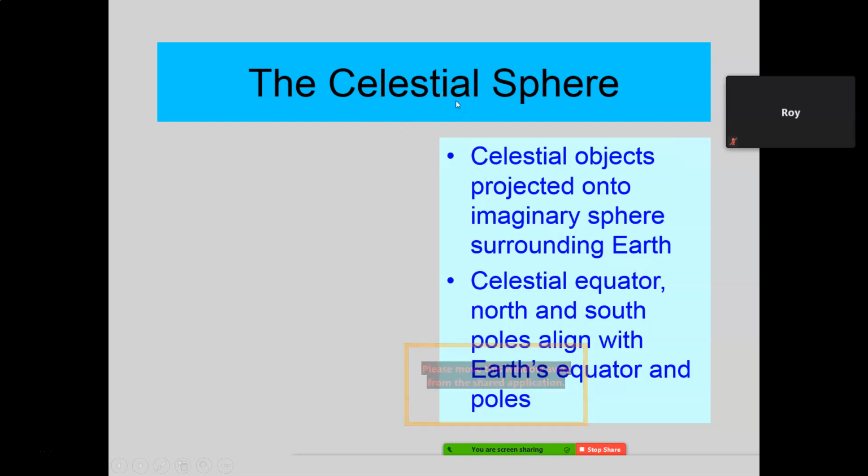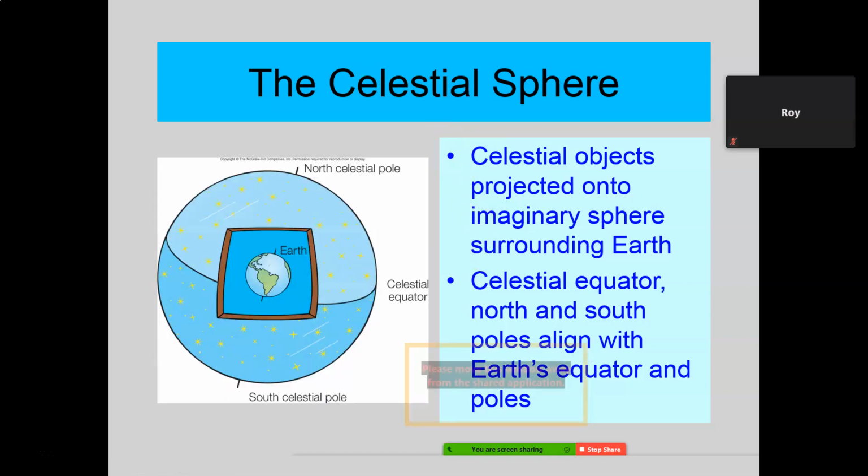Celestial meaning star. Now, if you imagine, and let's see if I can get a slide to show this. Yes, here's the earth in the middle of that celestial sphere. Here's the celestial sphere out here with all those stars planted on it. Now, we know this isn't what really is happening, but this is how they originally viewed it.